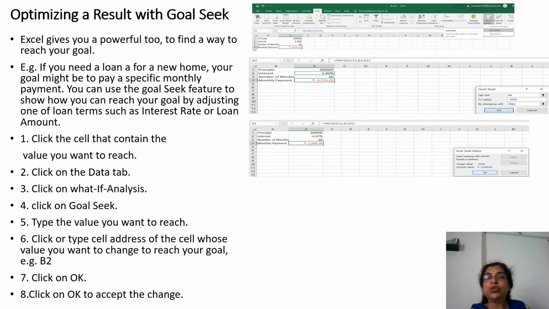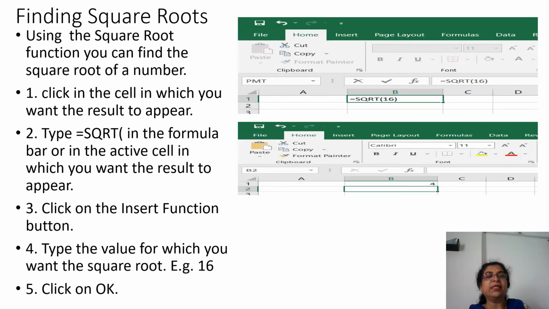So it will show you the change: 3000 instead of 3700, which is not possible for you. For you, possible is 3000. So it will do that, because here you have specified the value. Up to this you can do it. So accordingly it will show you the result.